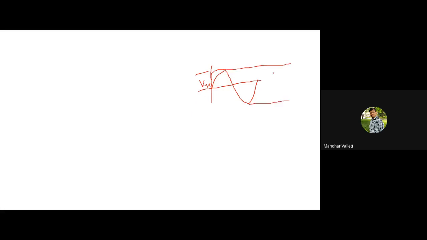If this is a sinusoidal, this is Vm, that is the amplitude of your sinusoidal or the peak value of your sinusoidal. Peak to peak means from here to here, V peak to peak, which is equal to 2 Vm, right? I think you got the clarity. The root mean square value of the sinusoidal is Vm by root 2. That's different. Anyhow, we don't need that.